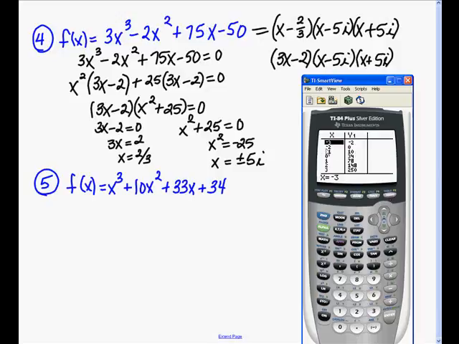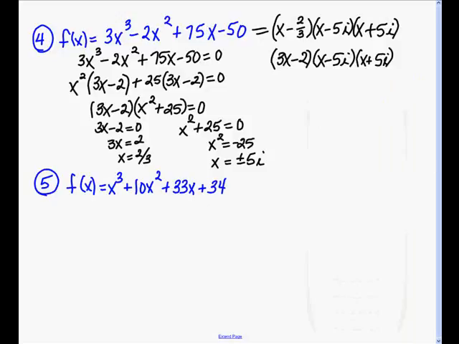So let's just confirm that. If I look at my table, yeah, negative 2, the y value is 0. So negative 2 is one of the zeros. So that tells us then that x equals negative 2 is a 0, or that x plus 2 is a factor. So what I would need to do now is use long division to find out what the remaining factor